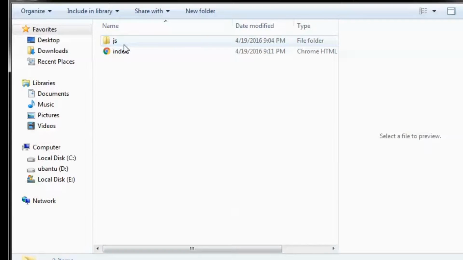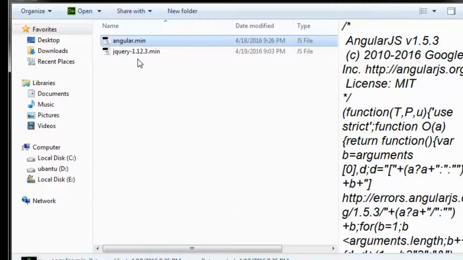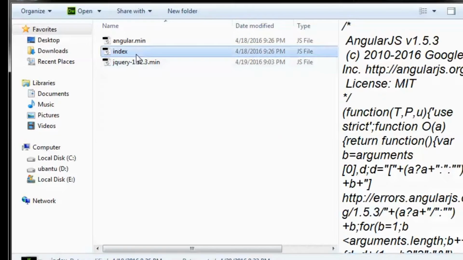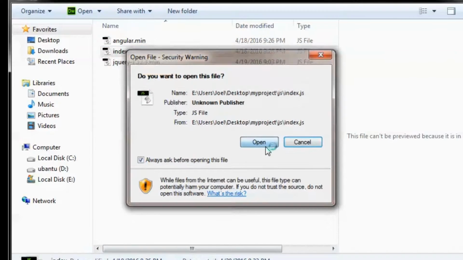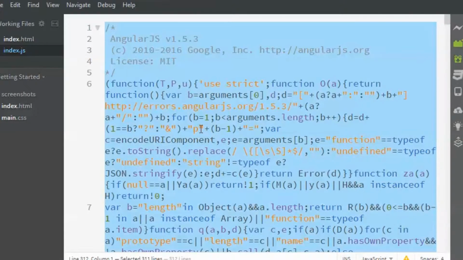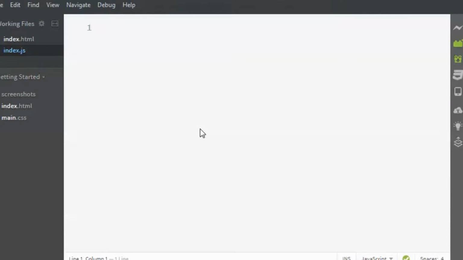So guys, this is the same project that I had created in the previous videos in the series. I'm opening this project file and then going to my JS folder, and I'm going to copy paste this same code. I'm creating a copy because I want to create a new JS file. So I'm going to create a module. I can call this index.js. I'm going to open this using Brackets and delete all the contents of this file.